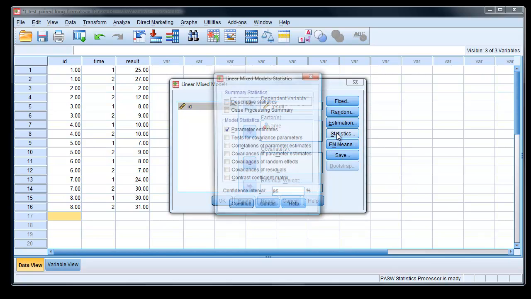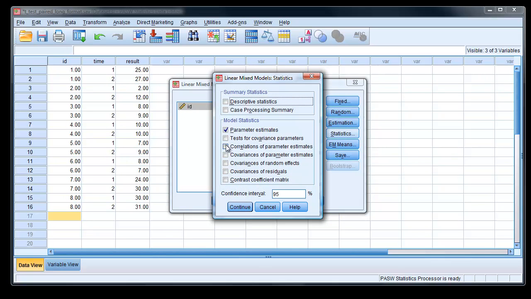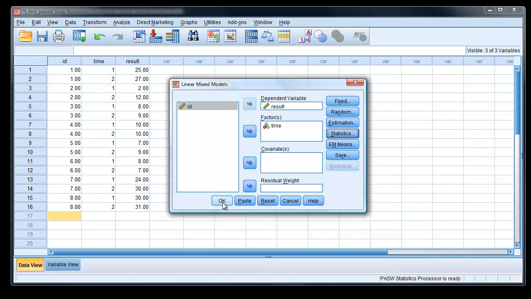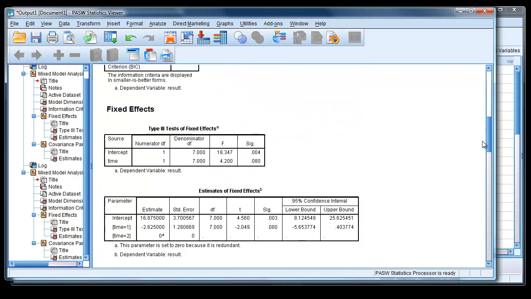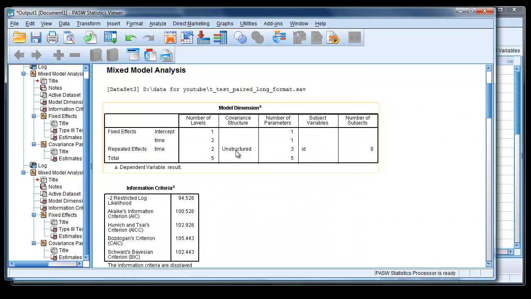And we'll just look at this statistics. We also ask for tests of covariance parameters here. Continue. OK. And now if you notice in our output we've got a slightly different set of tables. Here it says compound symmetry, whereas before it said unstructured. And you'll notice here the number of parameters we used there was 5 for the previous model, because we